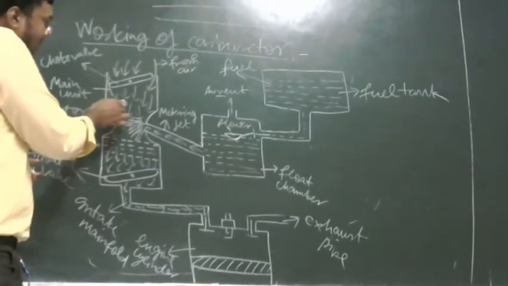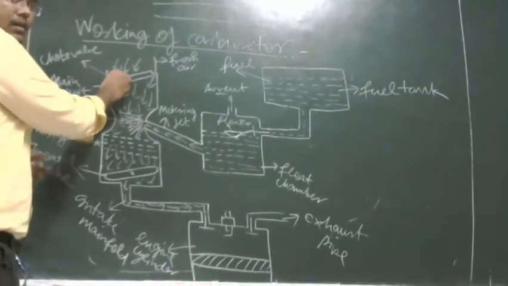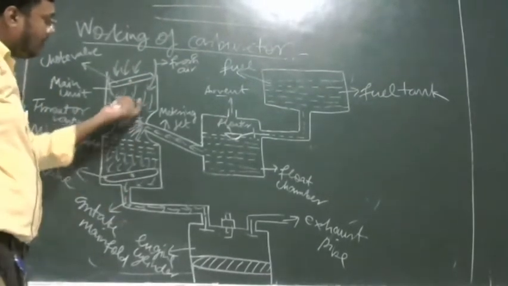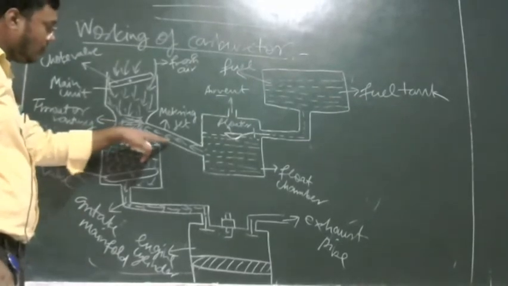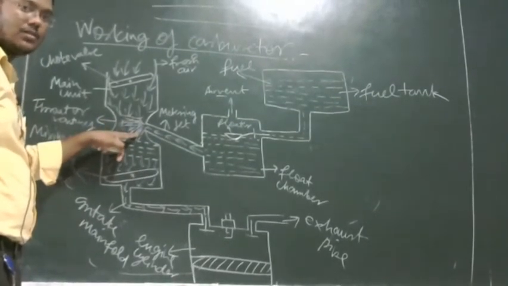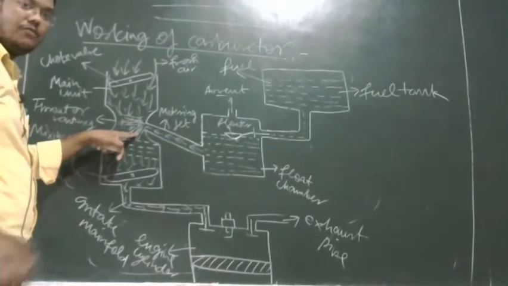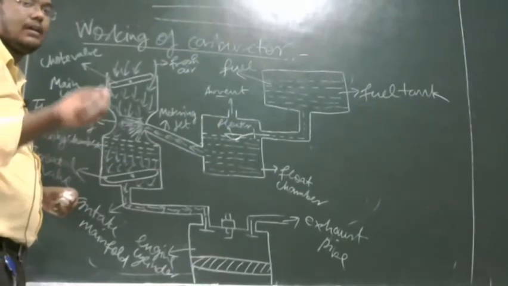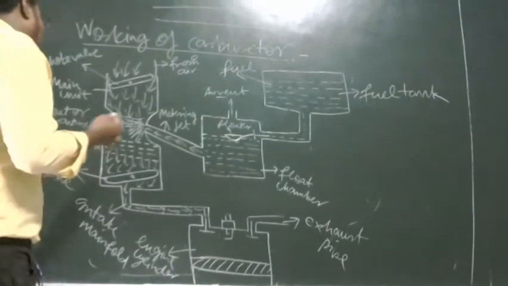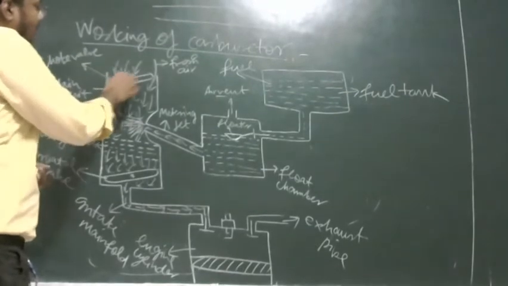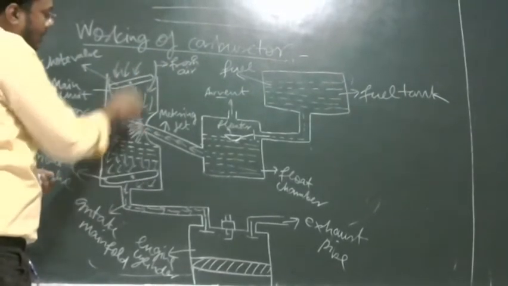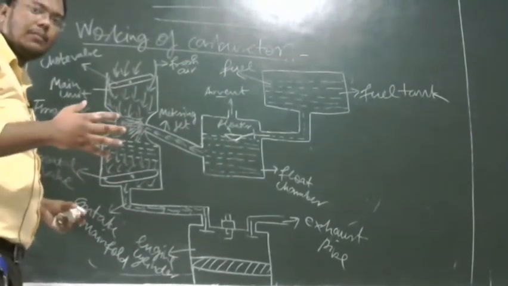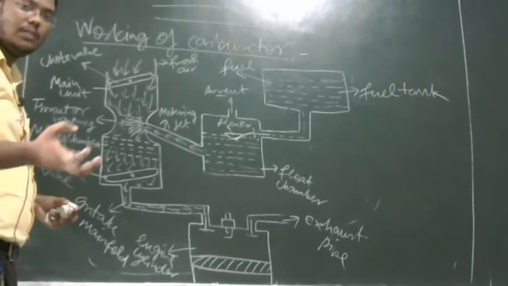So to control this air flow, we will close the choke valve. When we start to close the choke valve, the air flow will decrease and air flow will be minimum here. But fuel flow will be maximum, so we will get a rich mixture. Now if we want a lean mixture, in which amount of fuel will be less and amount of air will be more, in that case we will open the choke valve. Then amount of air increases, and amount of fuel will remain same, so the mixture will become lean.